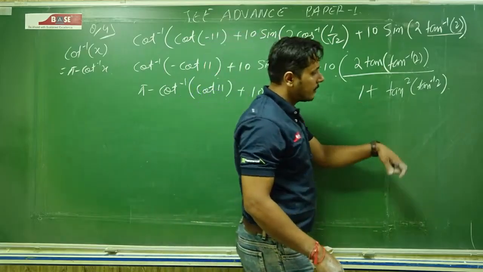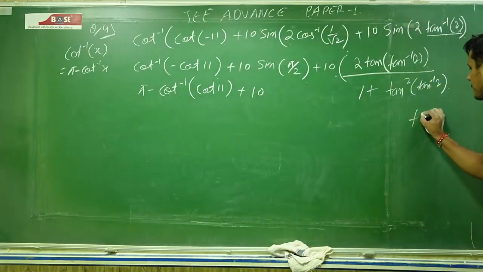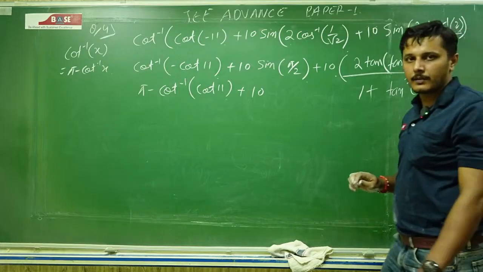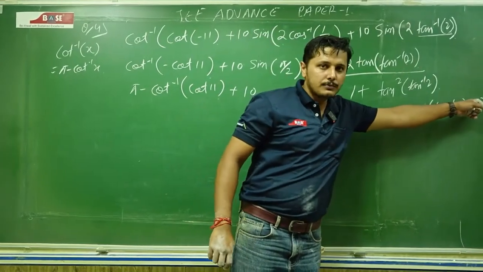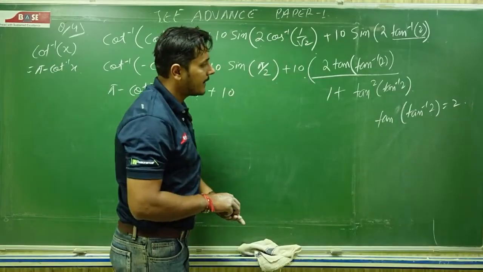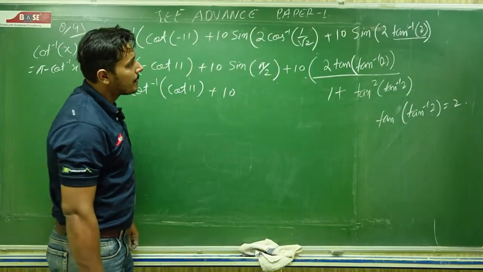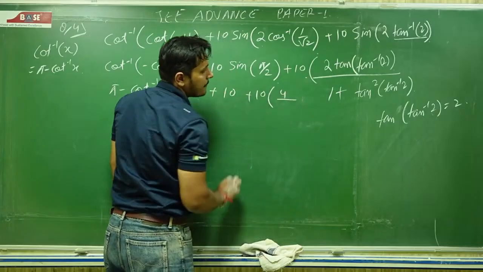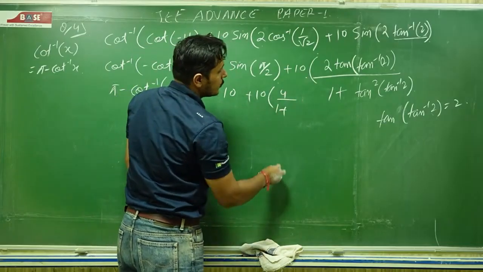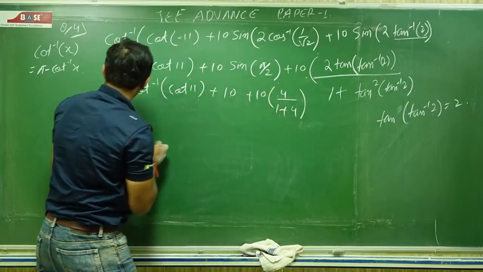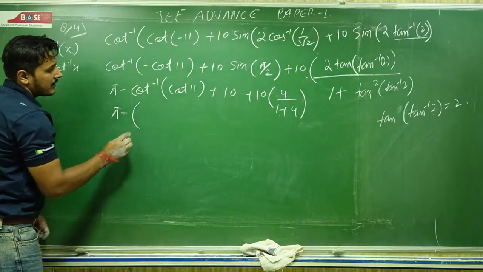and we also know what we have to apply here: tan of tan inverse 2 is 2, because the range of tan inverse is R, so whatever value you insert here, exactly the same thing will come outside. So let me use that value. So this is 10, 2 into 2 is 4, 1 plus 2 square is again 4, that is 5, 2 times, so this will become 8, so this is 18. So pi minus, now come here,